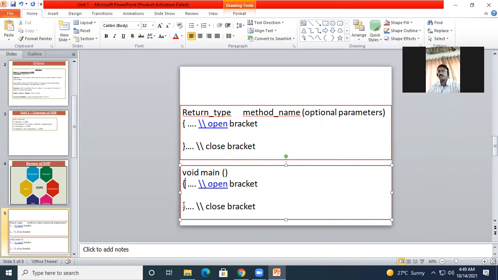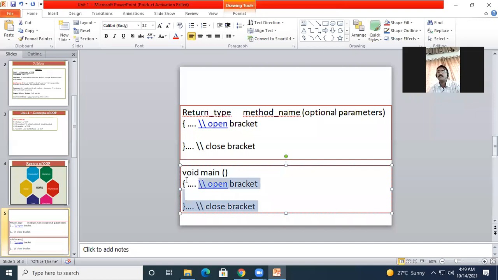In this open and close curly bracket, you are going to write some code like declaring and initializing the variables, and printing the values for the variables, right? Similarly, we are implementing each and every part in the C programming language with the help of this main method. And if you check the basic necessity to execute a program in C, it should have one function. And what is that function or method? It is the main method or the main function. Without this you cannot implement a program in C, right?